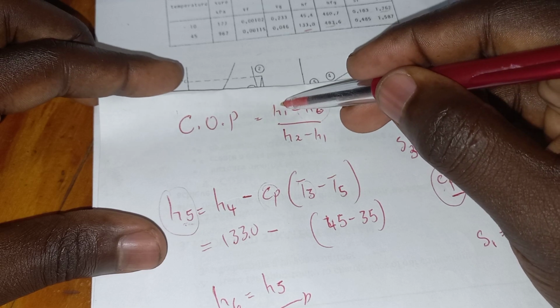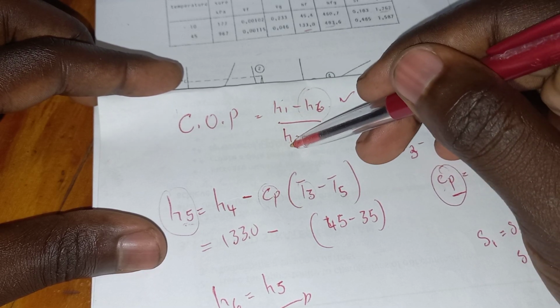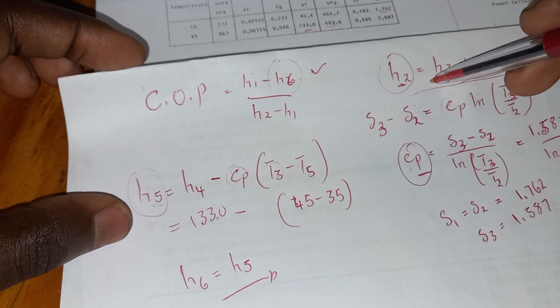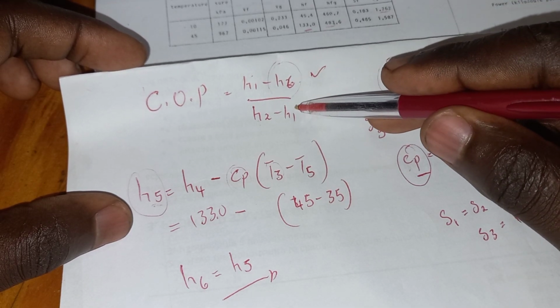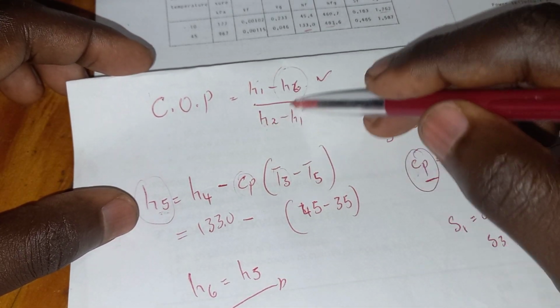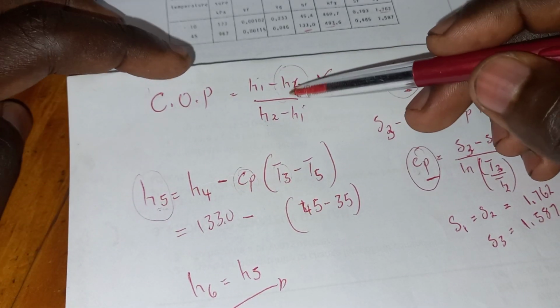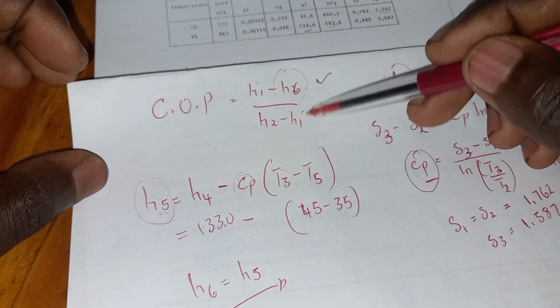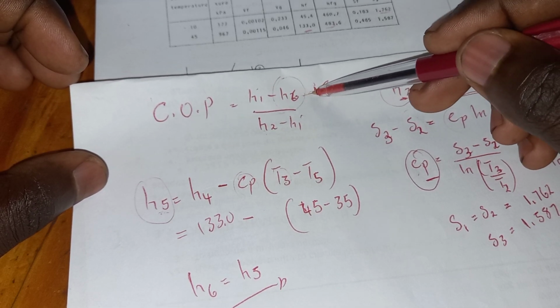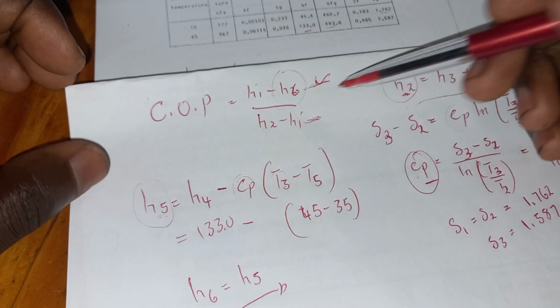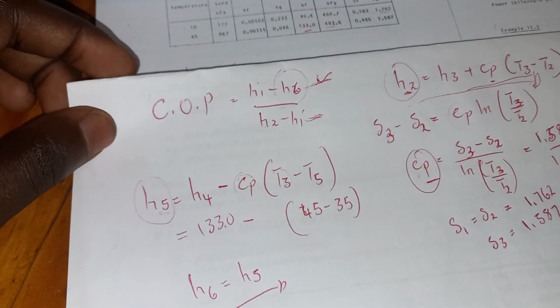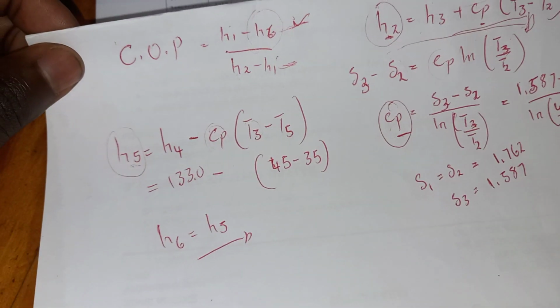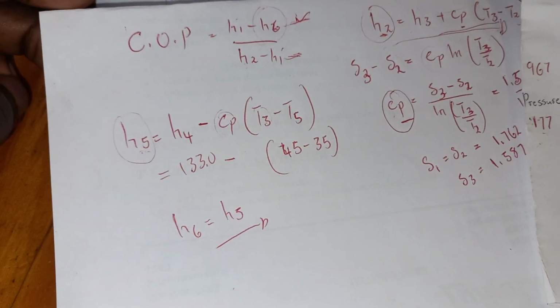So you have H1 minus H6, H2 that we got from this side, minus H1. You will get the specific coefficient of performance, where this one is your refrigeration effect, and this one is the external heat energy. So I think this is what we have to cover from this one. Okay, but then we also had the